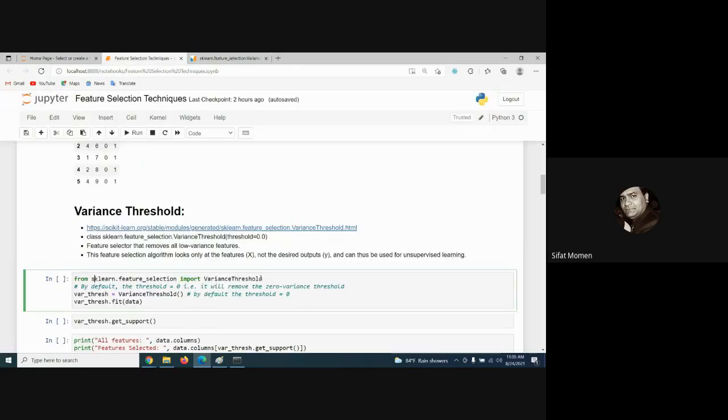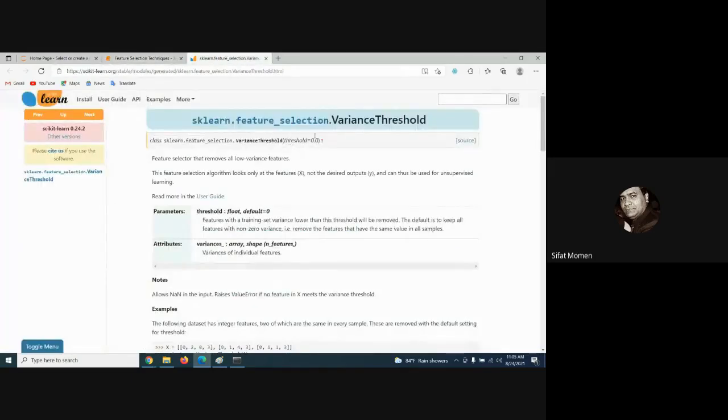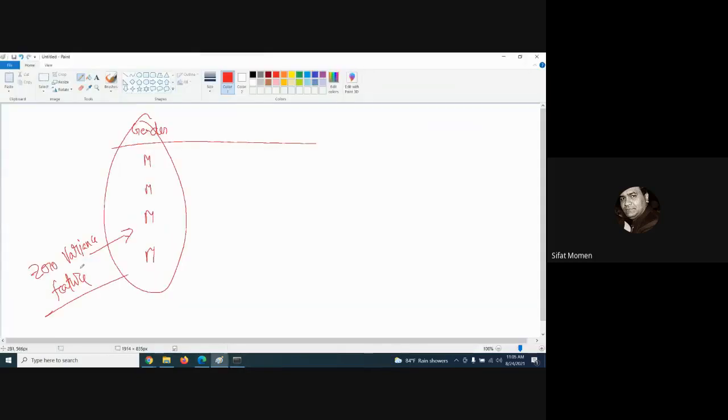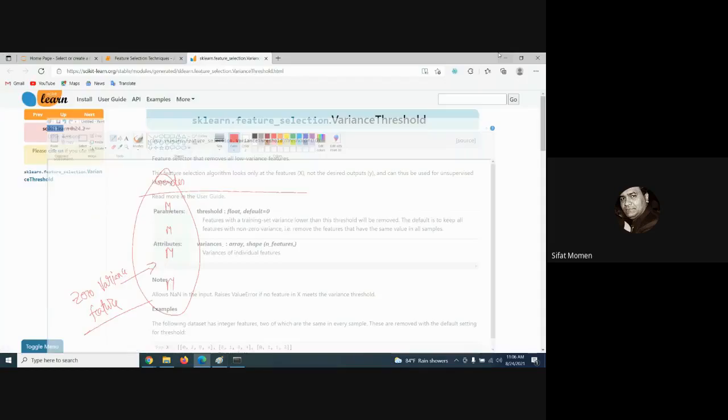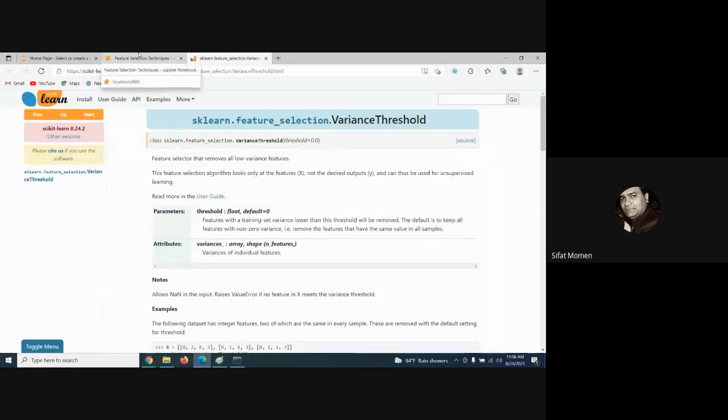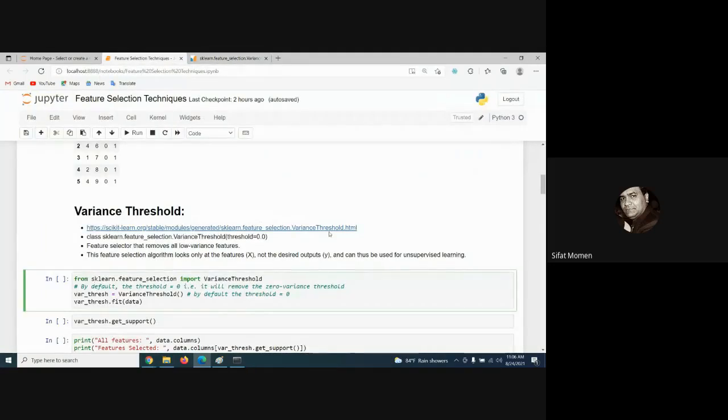So I've imported that. By default, the threshold value in the parameter is 0. Zero means zero variance, like here where there is no variance. But if you want to remove low variance features, you can give a value for the threshold, like 0.1. Right now I just want to drop the constant features, so the threshold is 0. So I'm going to now